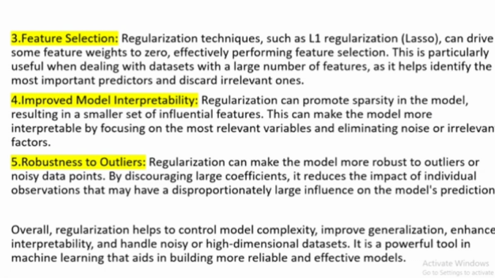Number 5. Robustness to outliers. Regularization can make the model more robust to outliers or noisy data points. By discouraging large coefficients, it reduces the impact of individual observations that may have a disproportionately large influence on the model's